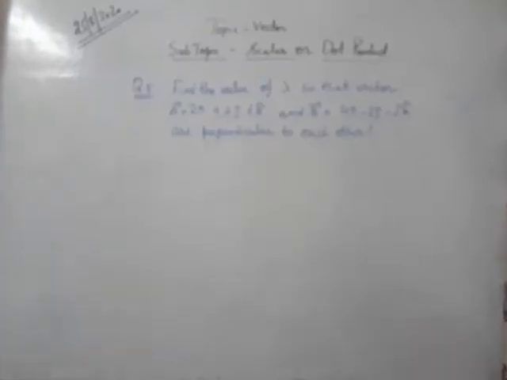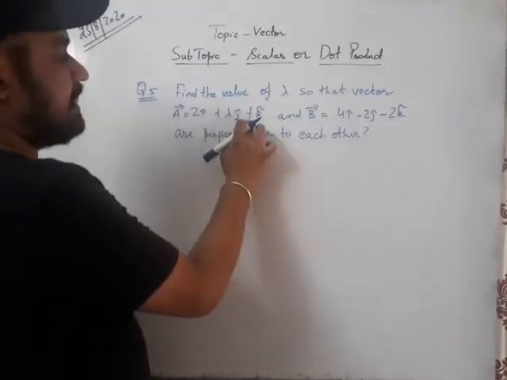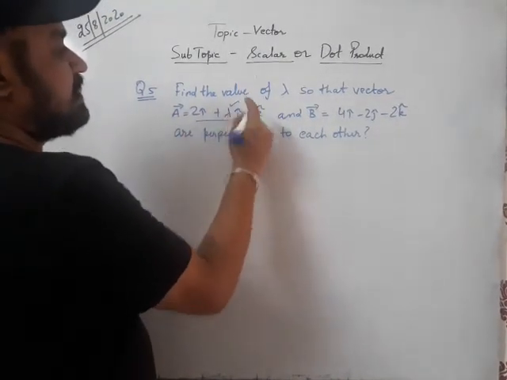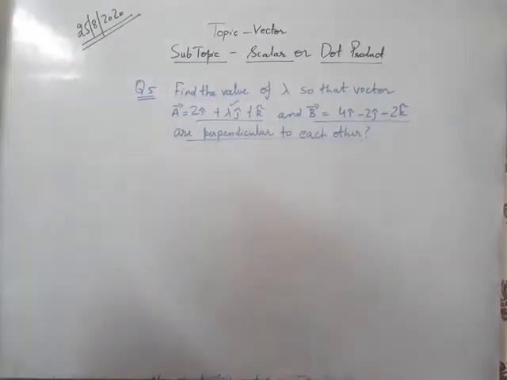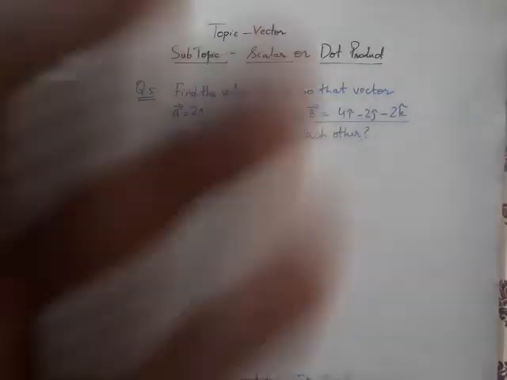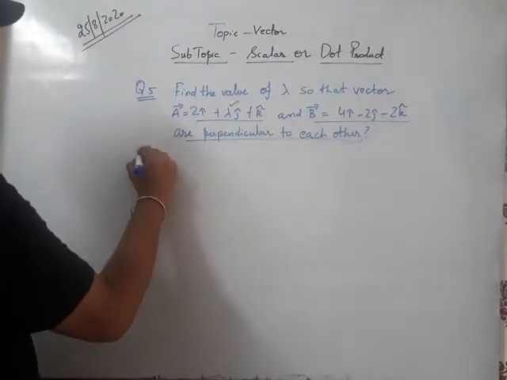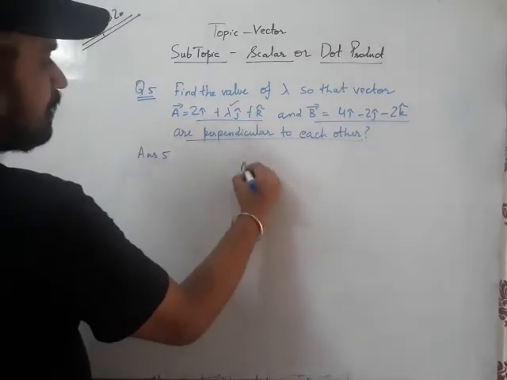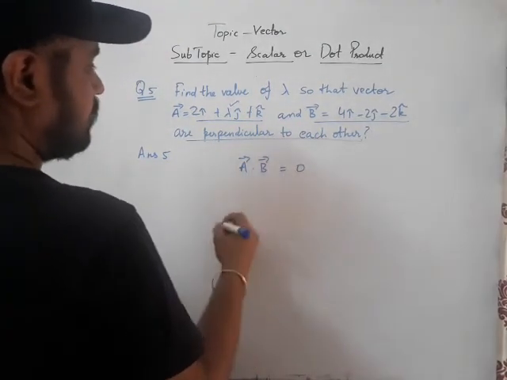So now in this question, we have to find the value of lambda so that vector A, here it is lambda, which we have to find out, and B vector are perpendicular to each other. For the vectors to be perpendicular, dot product has to be always 0. A dot B will be equal to 0. Since